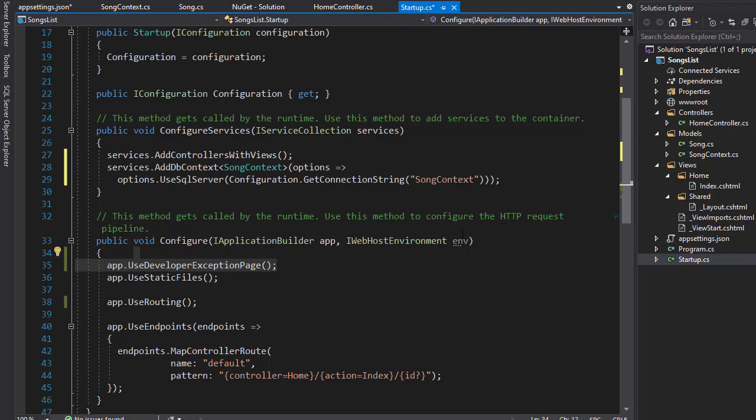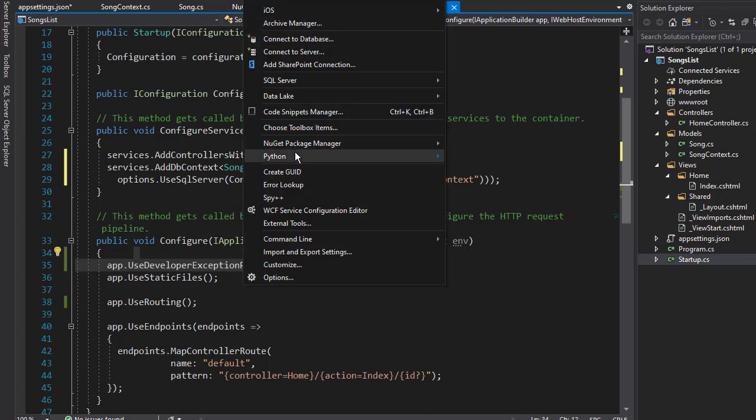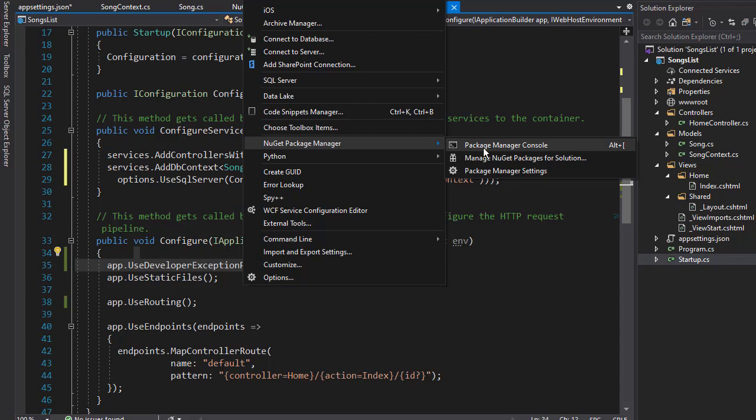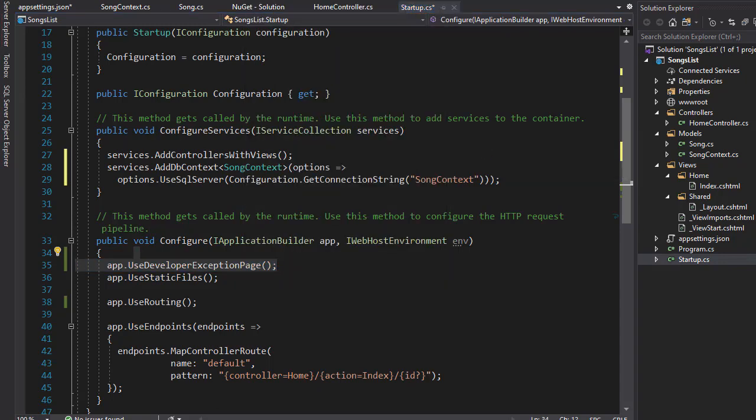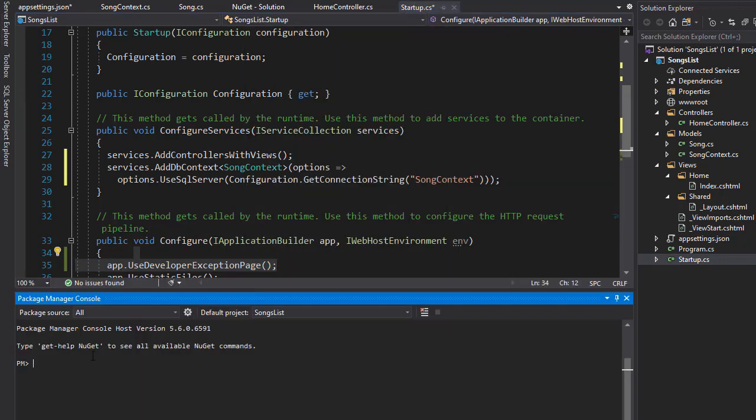So let's create a database, and to do that we'll use the Package Manager console. So let's go to Tools, NuGet Package Manager, and here is Package Manager console. So here is a command line, and to create a database is fairly simple. All we need to do is really create a migration. The syntax for it is